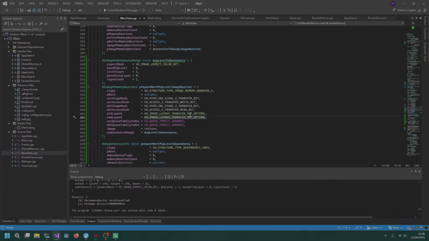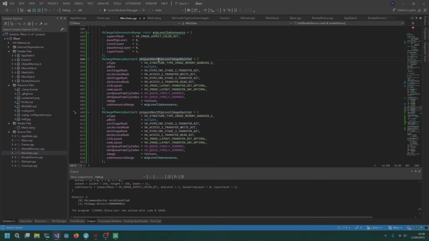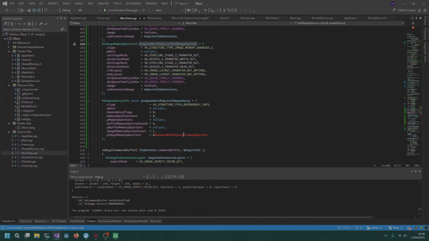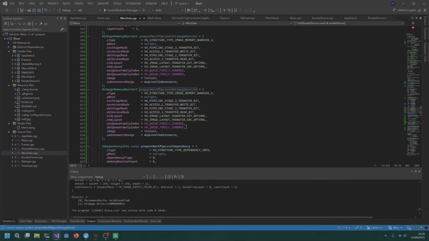pipeline barrier, where we convert from destination to source after the transfer has concluded, right? What we haven't done is for the destination. This is for the source. So prepare next mip level source. And this is destination. These aren't done, right? So what does destination do? We'll fix this in a second. So what does destination do? So the source level